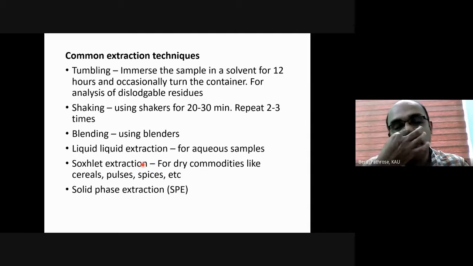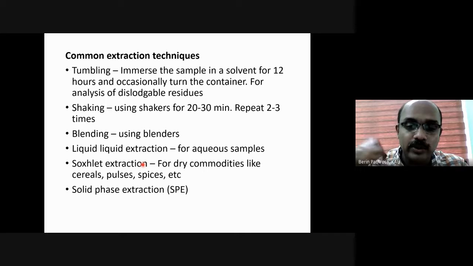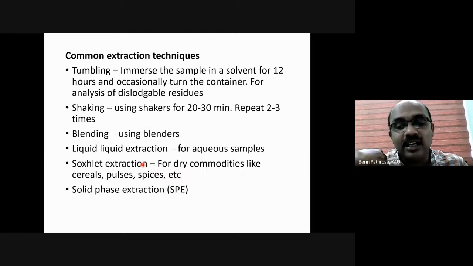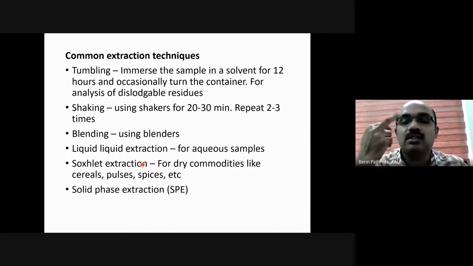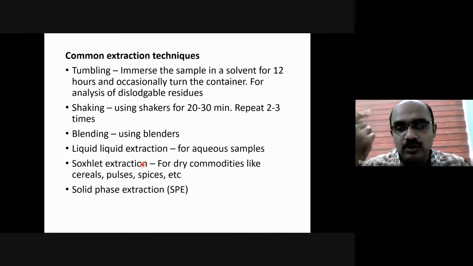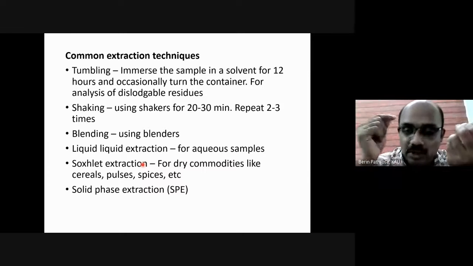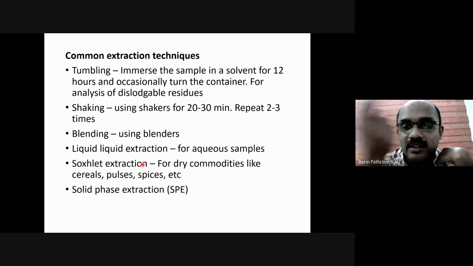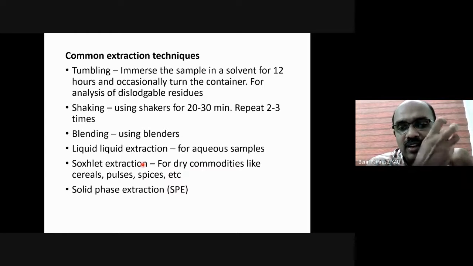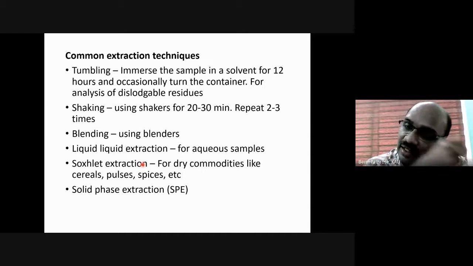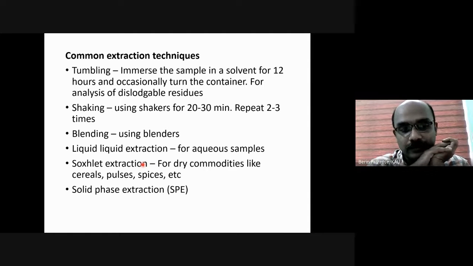For blending, we have a machine called a homogenizer. When you come over here, we will show you that it rotates at extremely high speed. It has the capacity to rotate at about 15,000 RPM, with a very small probe. So it rotates, it breaks the sample and releases all the pesticides. So what we'll do, we'll take the sample, add the solvent and blend it in that homogenizer. It homogenizes, finely cuts the sample and mixes very finely with the solvent. That is again another extraction method.